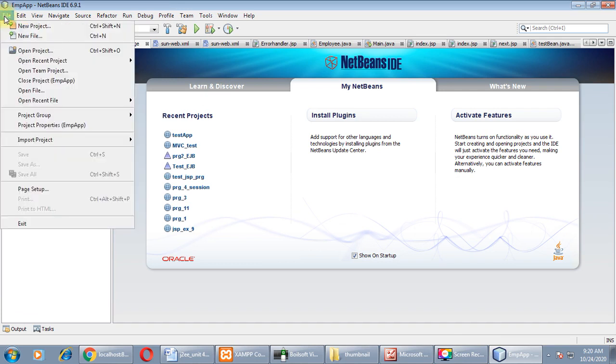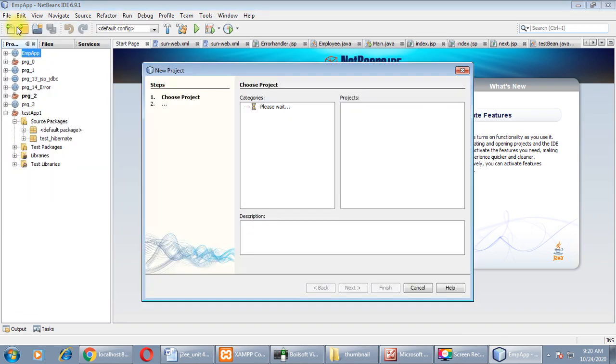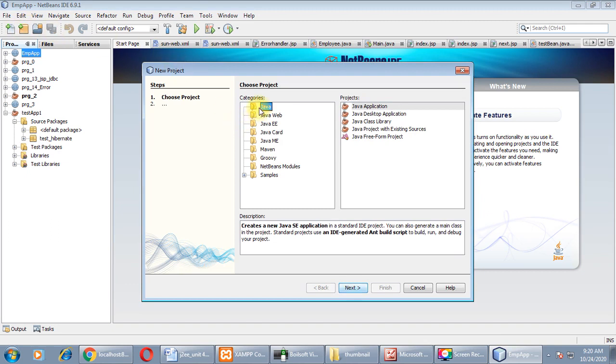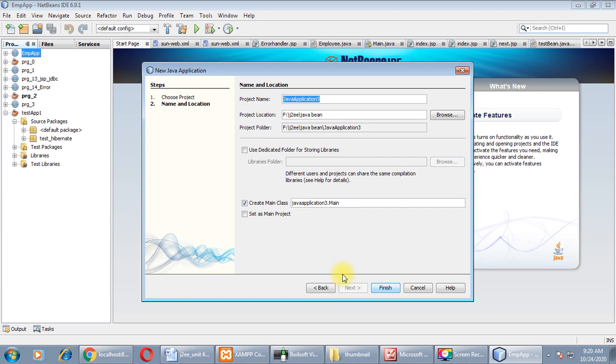Okay, let us go to File, then click on New Project, select Java, and from the project list click on Java Application. Next, provide a proper name to your project folder. For example, I am giving Hyber, not all in caps, right? I am giving HyberApp. HyberApp, this is the name of my project.